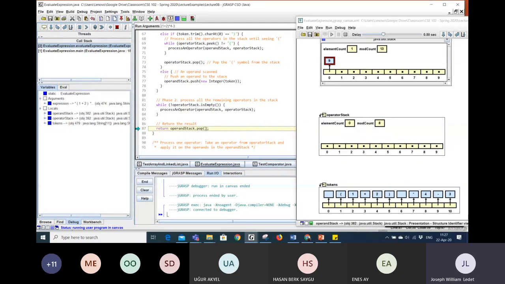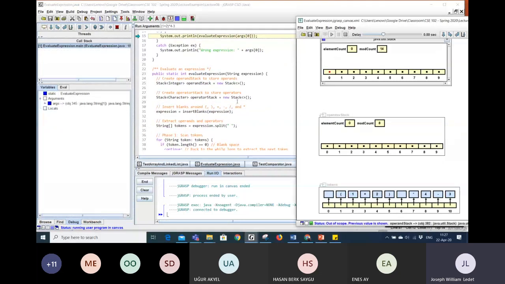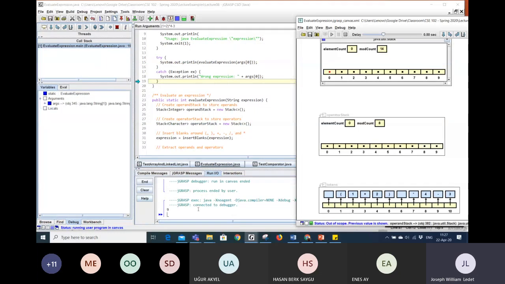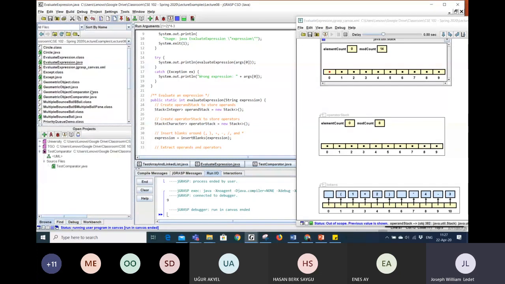We're going to pop that off and return that value. So that stack is now empty. This returns 9. We now print 9 to the screen. Okay. All right. I encourage you to take this evaluate expression to go look into the lecture examples folder here